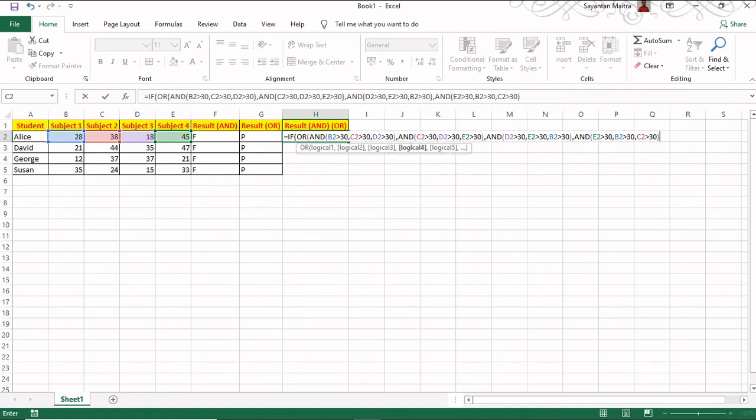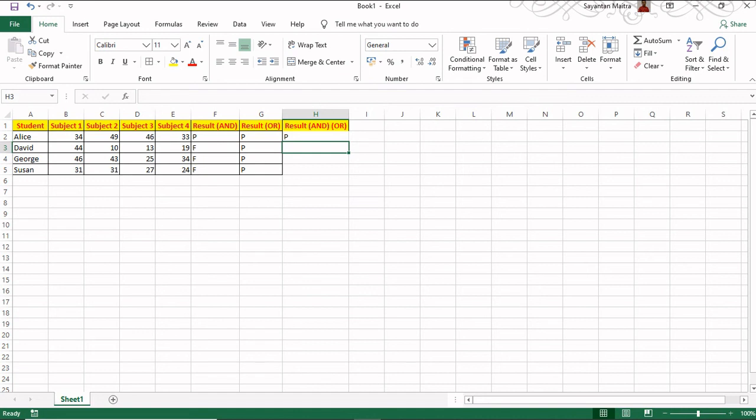So this completes all my AND functions, and this also completes my OR function. So I will close the bracket here, and this also completes my logical test for the if function. So I will hit the comma, and the value if true will be pass, and the value if false will be fail. So let's hope for the best and press enter, and we can see that Alice has passed